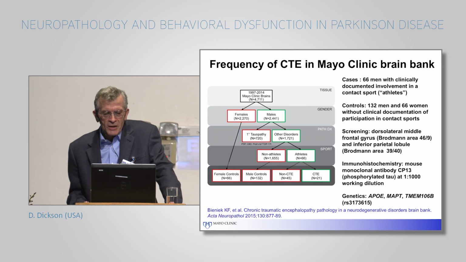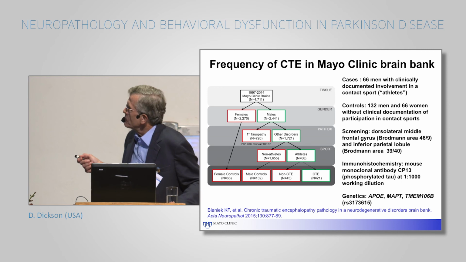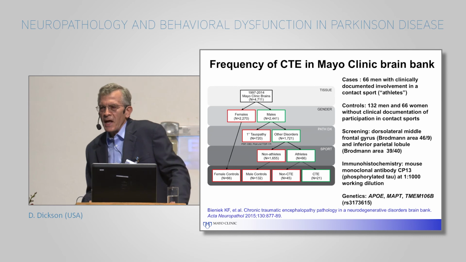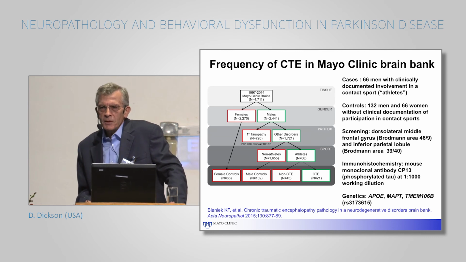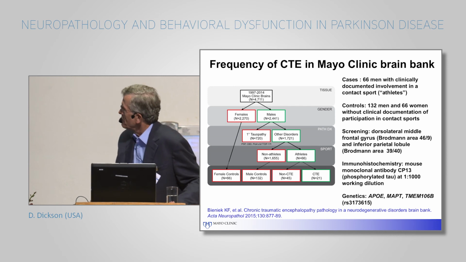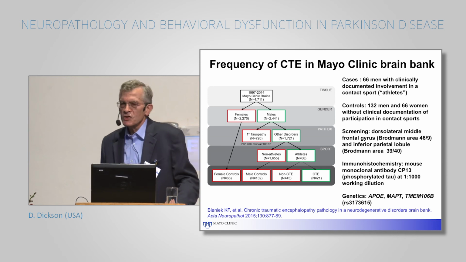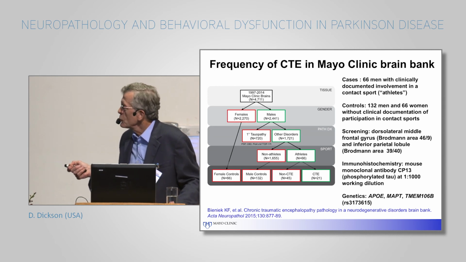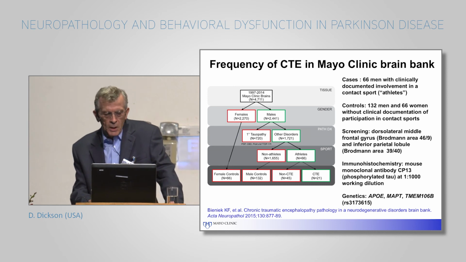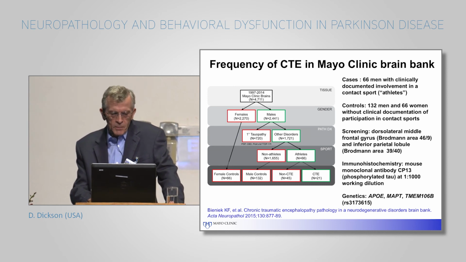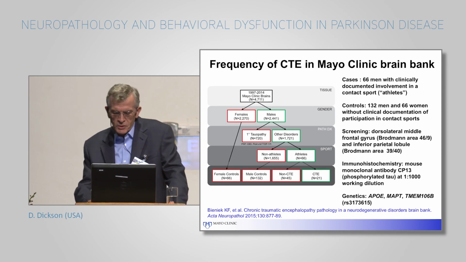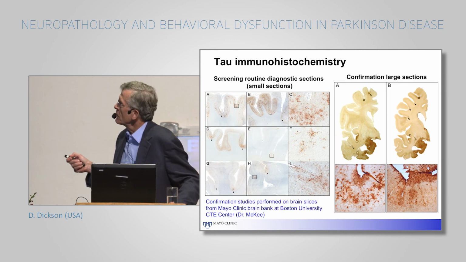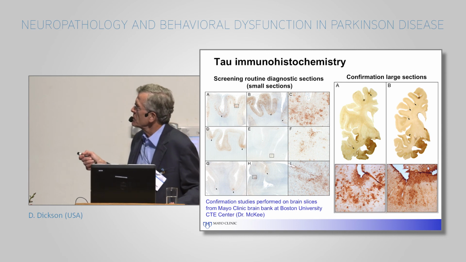And we've actually investigated the frequency of CTE in our brain bank. We identified from chart review 66 patients that had exposure to athletics of one form or another. And then we did immunostaining for tau protein. We matched them to non-athletes and included some female controls. There's very few reports of CTE in women, but presumably there's no reason why they shouldn't be able to have this pathology as well. We screened our sections, and then when we found pathology on our small sections, we had